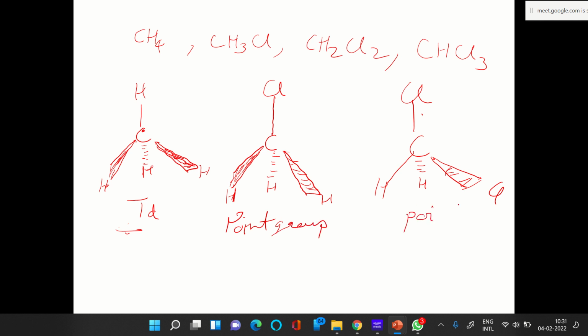What is the point group of this? If you go on replacing from a high symmetry structure, a regular tetrahedron, the hydrogen with a chlorine, with one chlorine, two chlorines, then it becomes, what do you,